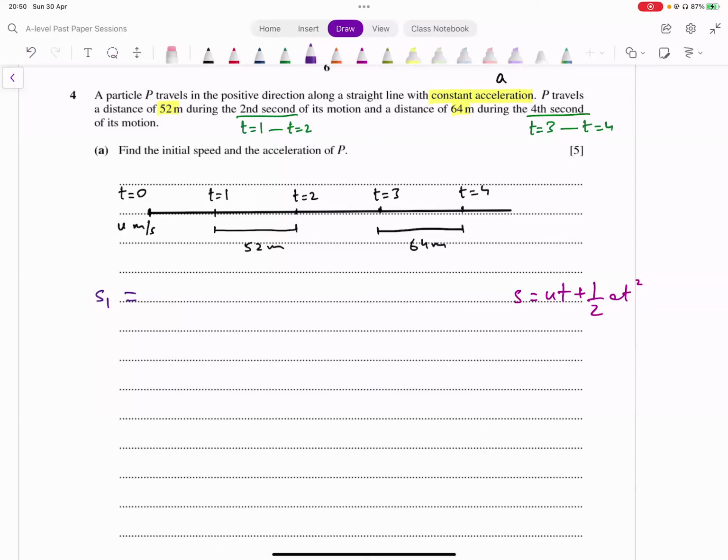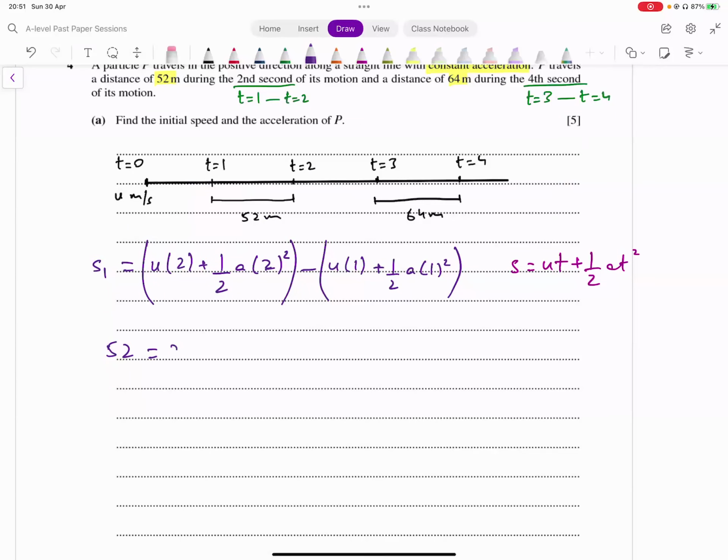ये कैसे होगा? ये फॉर्मूला यूज करते हैं, u इंटू t, पहले 2 इनपुट कर दें, देखते हैं 2 सेकंड्स तक कितना हुआ, ut प्लस हाफ इंटू a इंटू t स्क्वायर्ड, 2 सेकंड्स में इतना डिस्टेंस ट्रैवल हो गया, माइनस कर दें उसमें से 1 सेकंड तक वाला डिस्टेंस, that's u into 1 plus half into a into 1 squared। ये आपका पहला डिस्टेंस है जो उसने दिया हुआ है, टाइम इक्वल्स 1 से टाइम इक्वल्स 2 तक। इसकी वैल्यू कितनी है? 52 meters। So what we do is we equate this to 52।